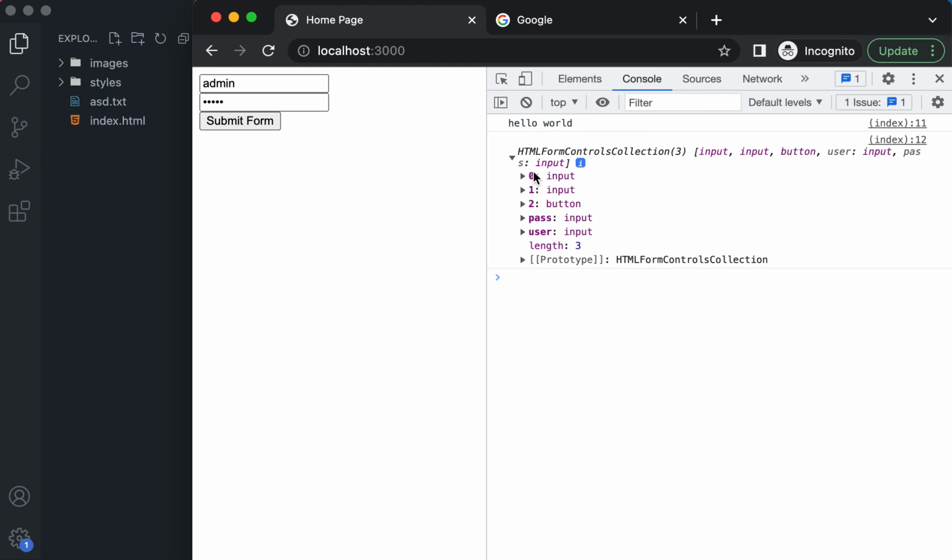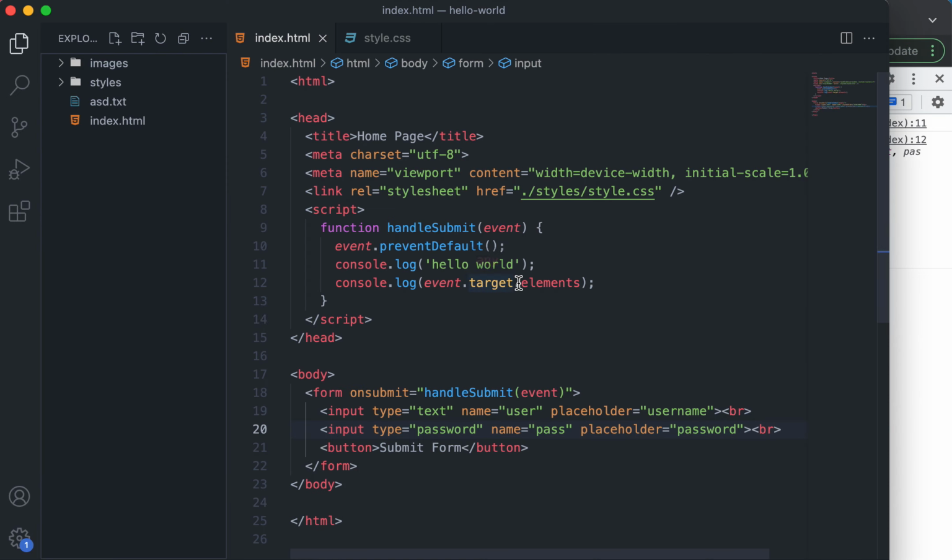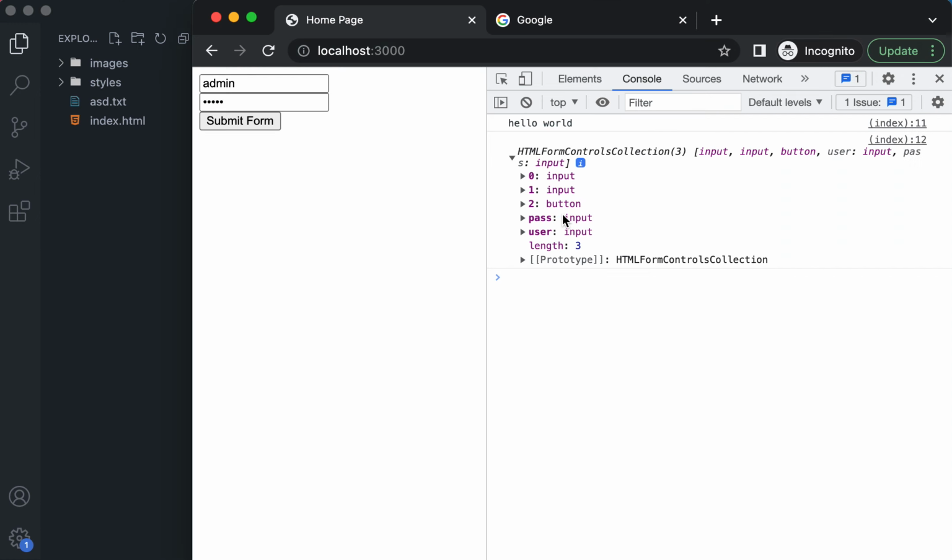Okay, so this is something called an array. An array is a list of values. So three input elements are there. Then when we ask for these elements, they are saying that these are the elements which you have passed: first element, second element, and third element, and all these elements they have passed as an array, right? However, apart from that, they also support